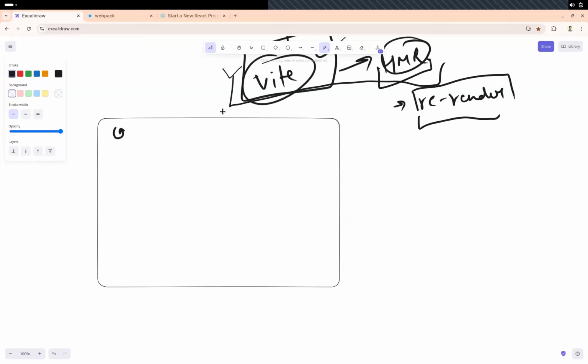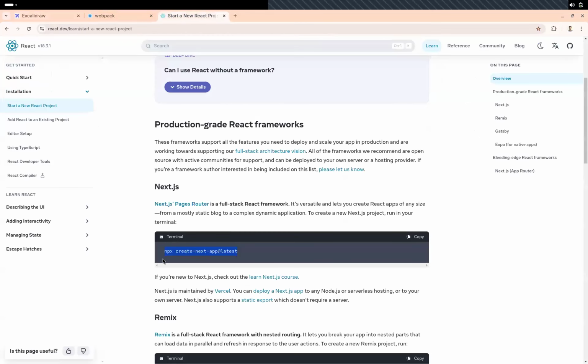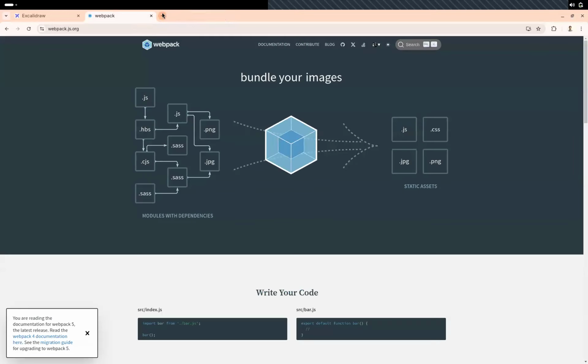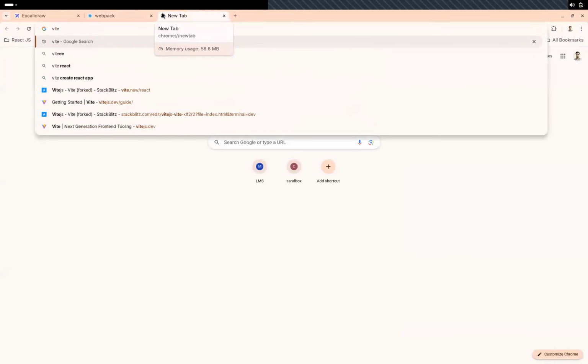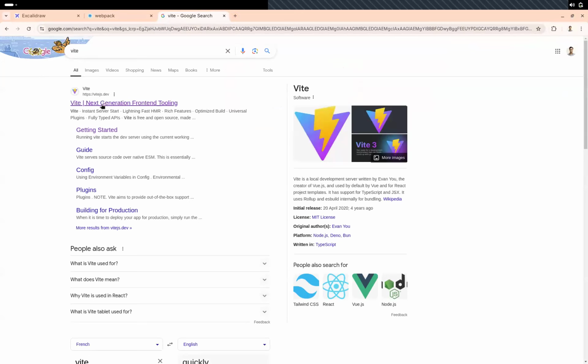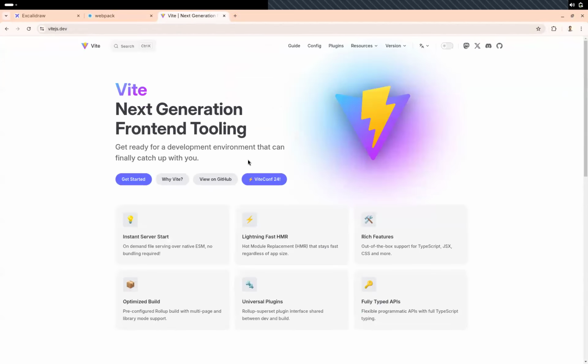We aren't going to use your CDN links. We aren't going to use CRA. Although if someone asks, you can use them, right? All you have to do is just write npm, yeah, npx create-react, right? Not Next, React app, and everything will be the same. Clear? But for now, let's visit Vite and let's try to understand what it does and how we can start with it, right? So we click over here.